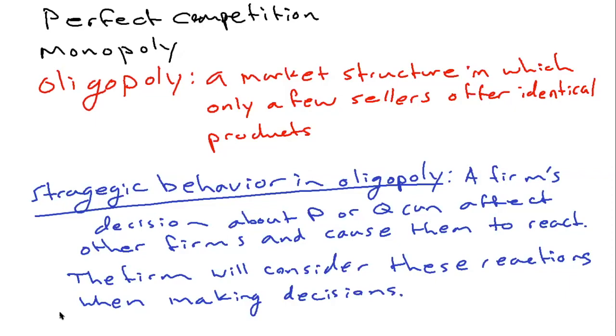And to analyze firms in an oligopoly and look at their strategic behavior, we're going to have to introduce some game theory. And game theory might be a term you've heard before, but basically it's used to describe the study of how people behave when they're in strategic situations. So let's look at an example